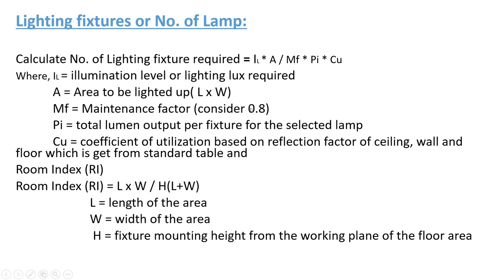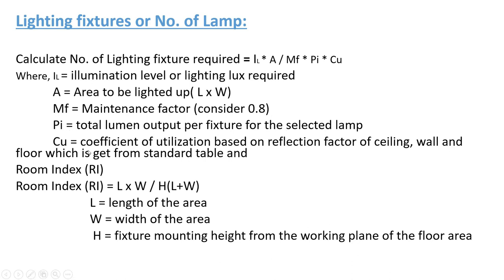It's just taken from the standard. Normally we consider 0.8. Then PI means the total lumen output per fixture for the selected lamp. It means we have already selected the lamp, either CFL or fluorescent. That lamp's light output, the total value it produces, we have to consider